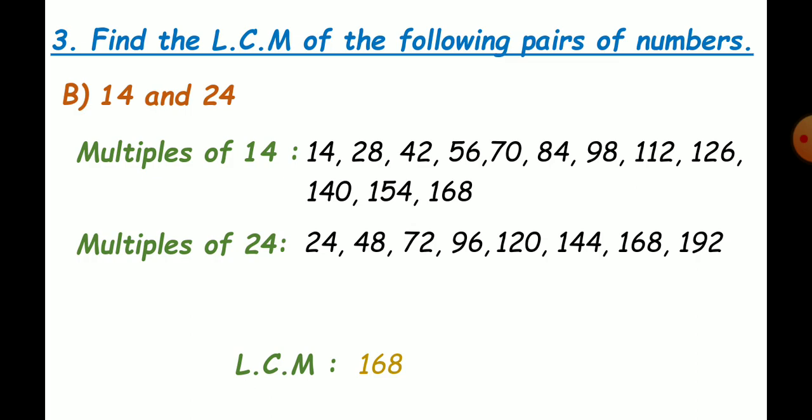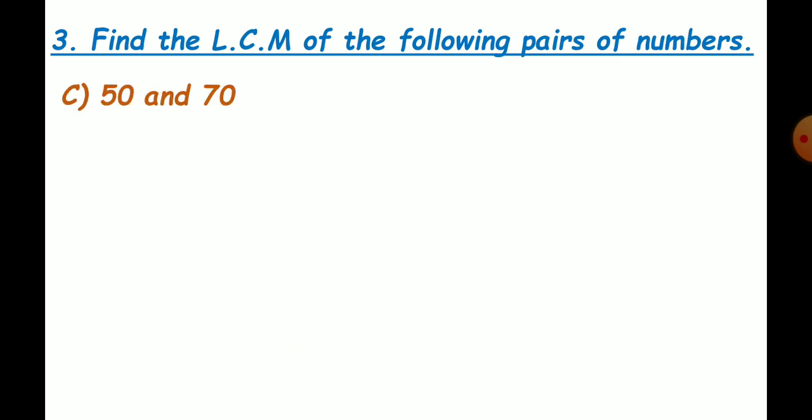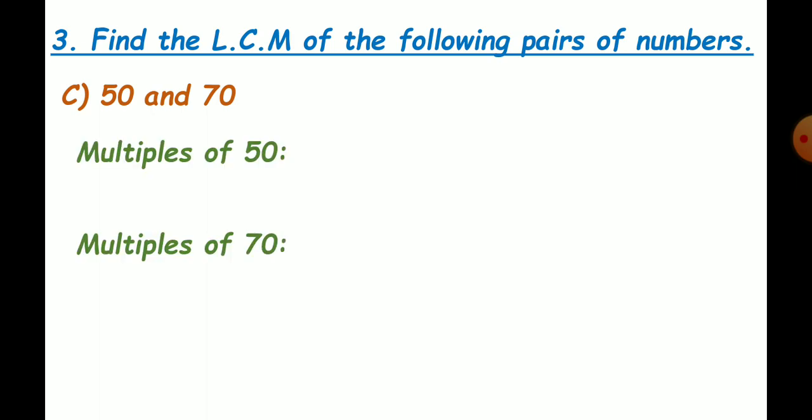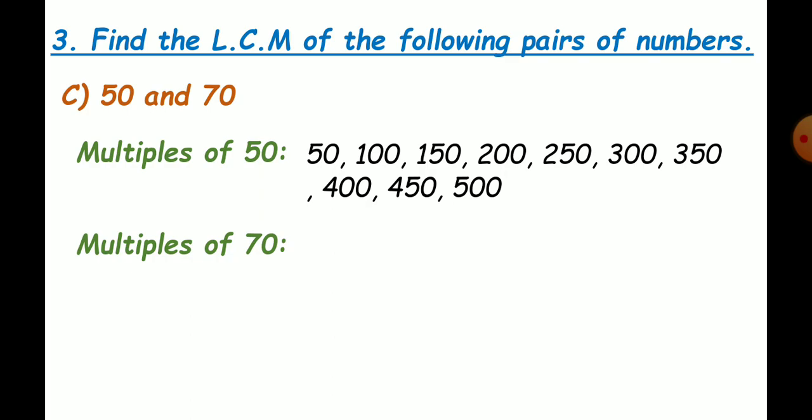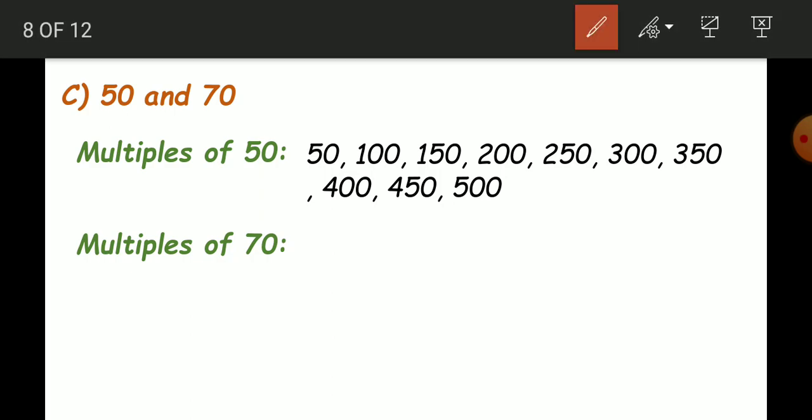Okay. Next one, 50 and 70. 50 and 70 are very easy, children. 50 is nothing but the 5 table, but you have to put a 0 at the end of each multiple. So if you write 5 ones are 5, 50 ones are 50. 5 twos are 10, then 50 twos are 100. 5 threes are 15, 50 threes are 150, like that. So write the 50 table till 10 times: 50, 100, 150, 200, 250, 300, 350, 400, 450 and 500. So that is easy, no? The 7 table also you can write, the 70 table you can write the same way.